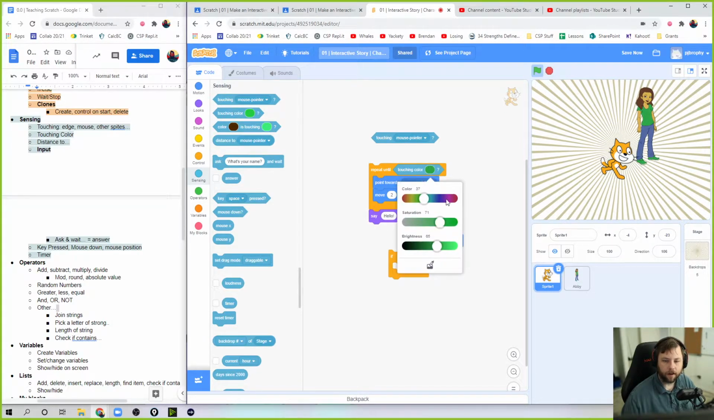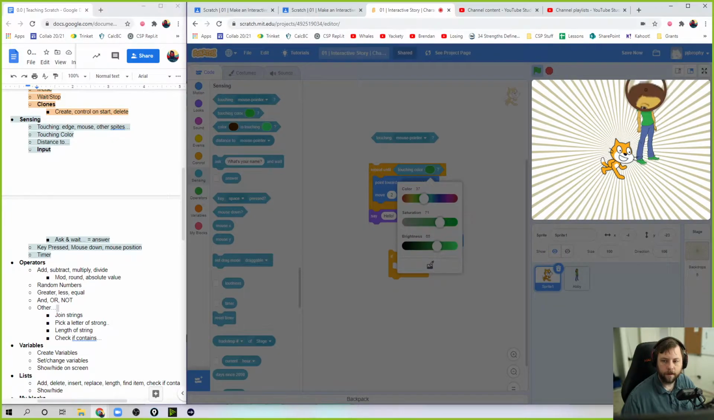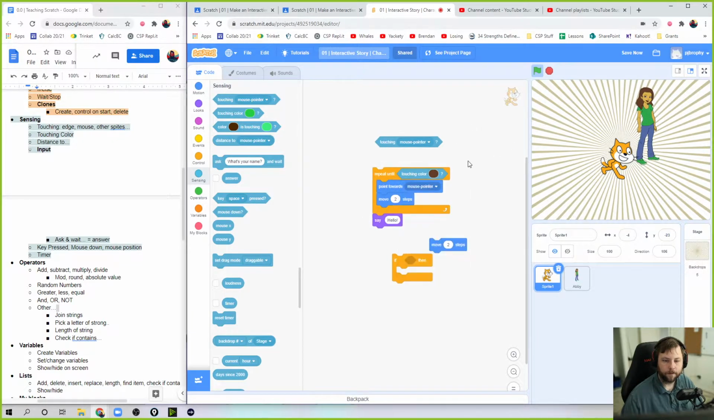Let's say it's the brown in her hair. Let's try this again. He's going to move. It's okay, he can touch her shoes, but as soon as he goes up to her hair, he says hello. So it's kind of cool. Maybe you can have a barrier based off colors, or maybe it can even be based off the background of the scene. So if I switch backdrops right here,